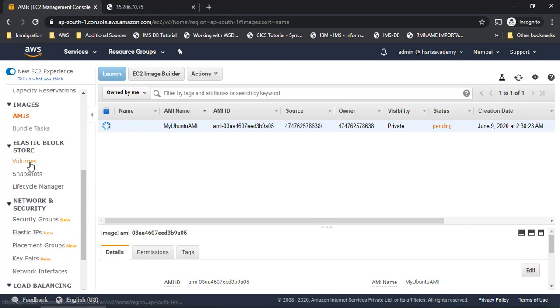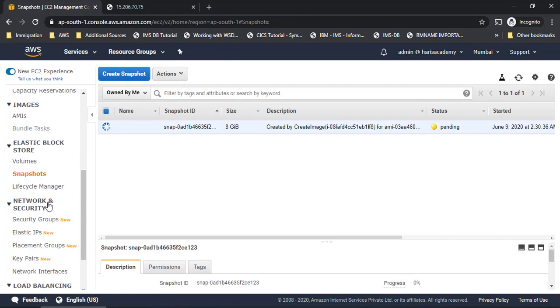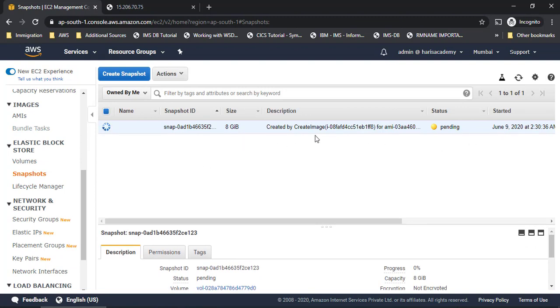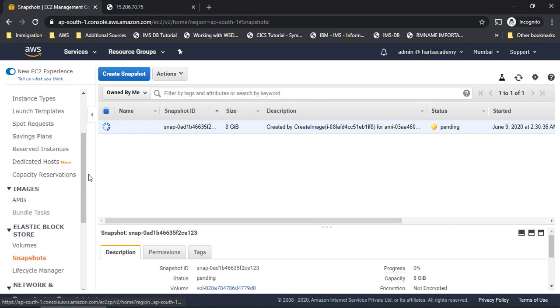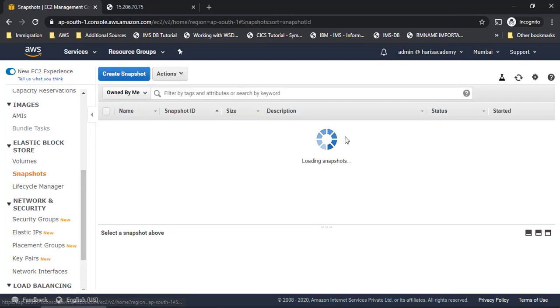While creating an AMI, there is one more thing called snapshots. In these snapshots you can also see something is created. It will be like a backup for the AMI which we have created. So in case anything gets corrupted, this snapshot will have the backup of it, right? This is also going to be created the moment we create an AMI. And this will be stored on S3, the Simple Storage Service. We are going to discuss this in more detail in the upcoming lectures. For now remember that this is the AMI which is going to be created here, and along with that a snapshot is also getting created.